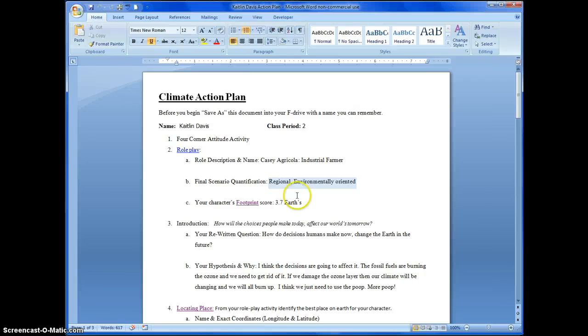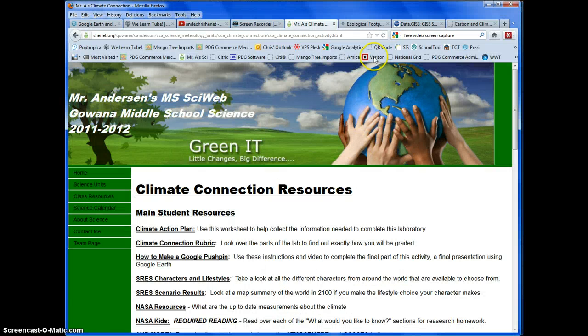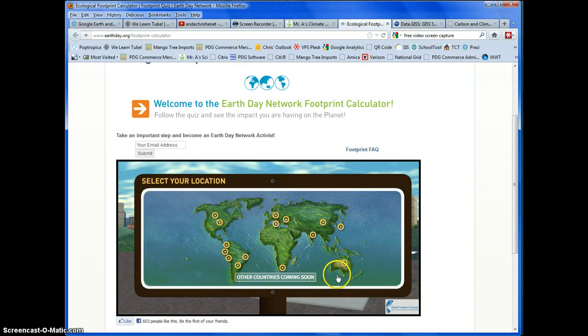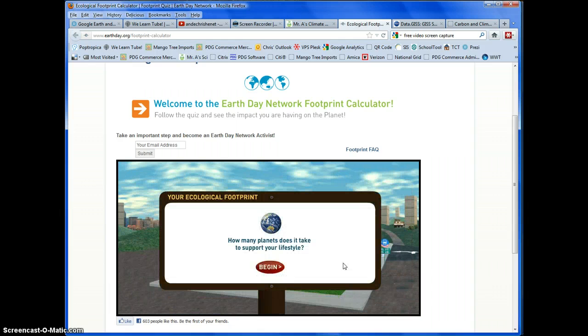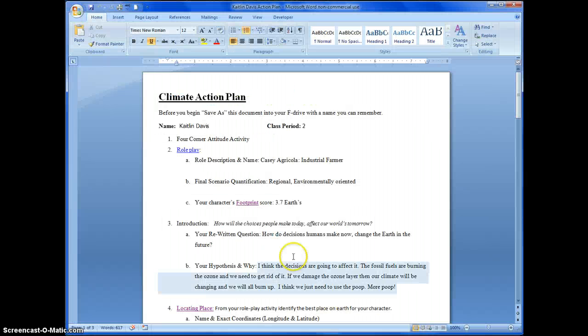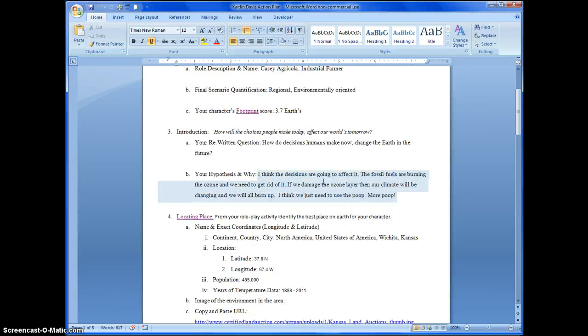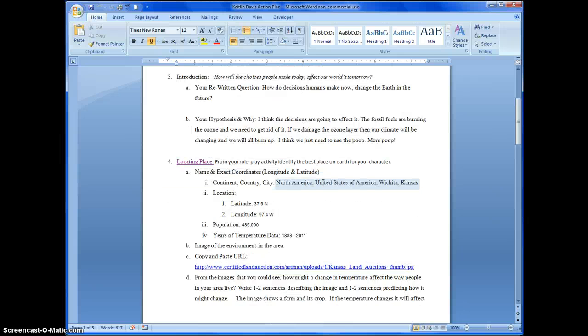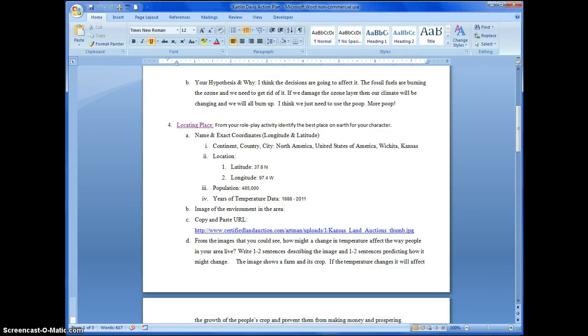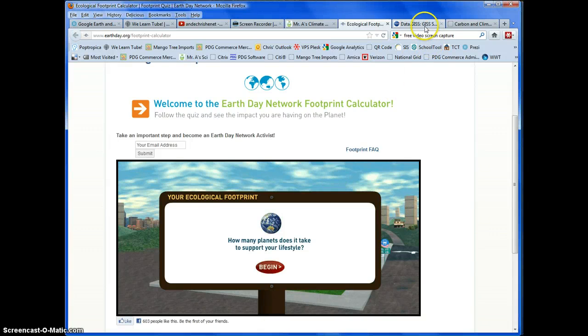So they take on their persona and they try to figure out, based on that person's information, how many planets it might take to support the lifestyle of their character. From there, students go through the development of their question based on how humans' lives now might affect the future. They come up with their hypothesis, why they believe it, and then we go into locating a place, trying to use